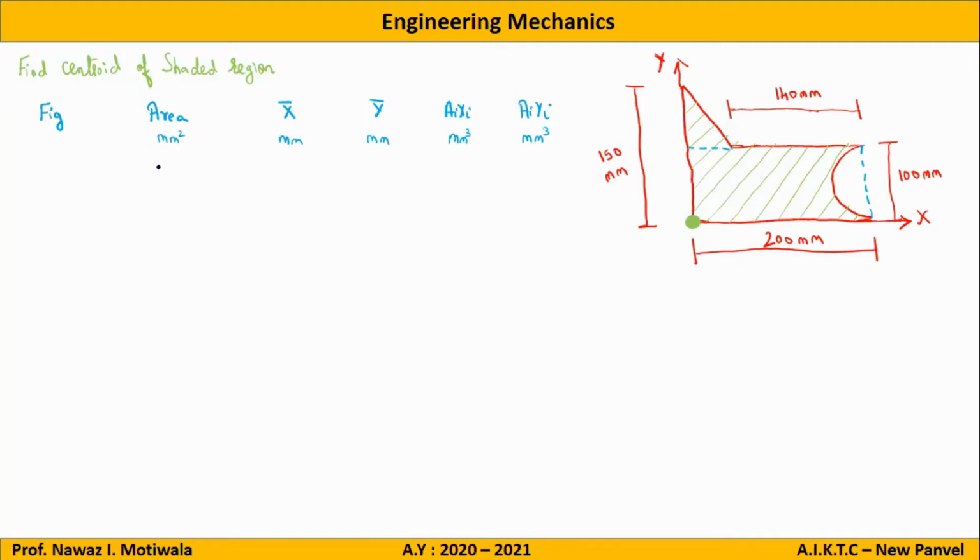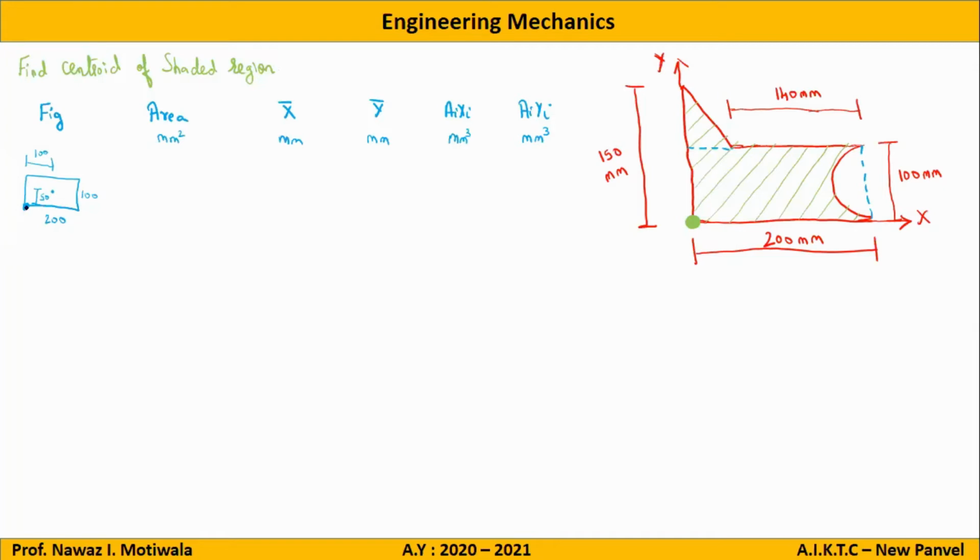Okay. So the first figure which I will take is, let us say, a rectangle. The rectangle dimensions are given to us as 200 by 100. Now we know that the rectangle centroid lies exactly at the center, which is at a distance of 100 from this end, and it is 50 from this particular part. In height it will be 50, and in length it will be 100. Now these dimensions 50 and 100 are from which point? Are from this point of the lower bottom corner of the rectangle.